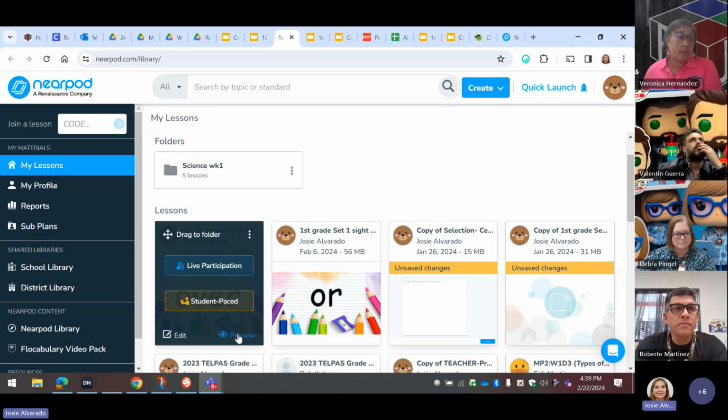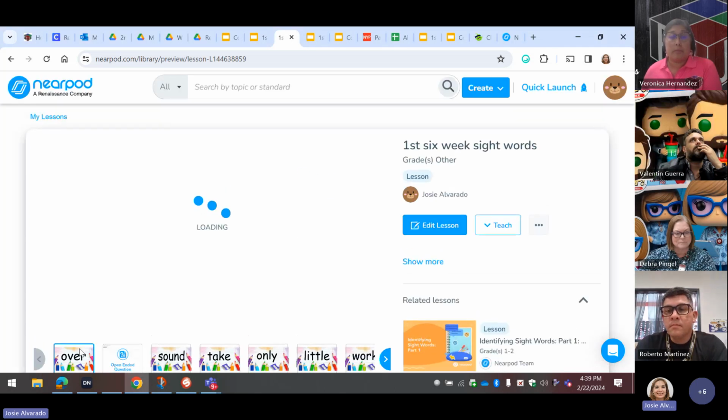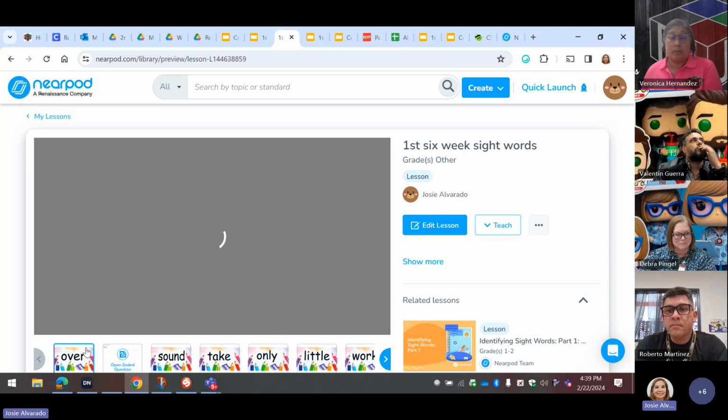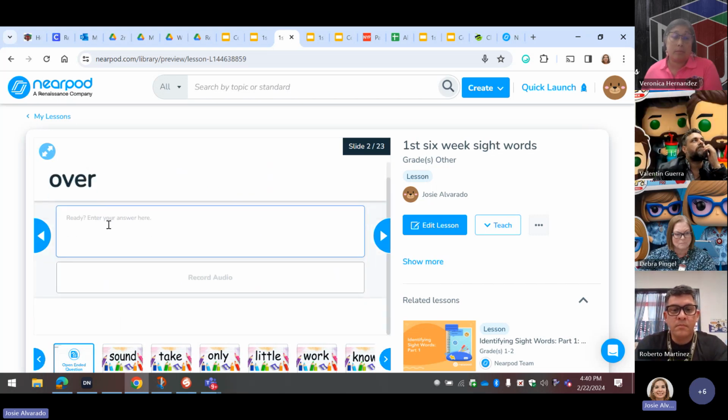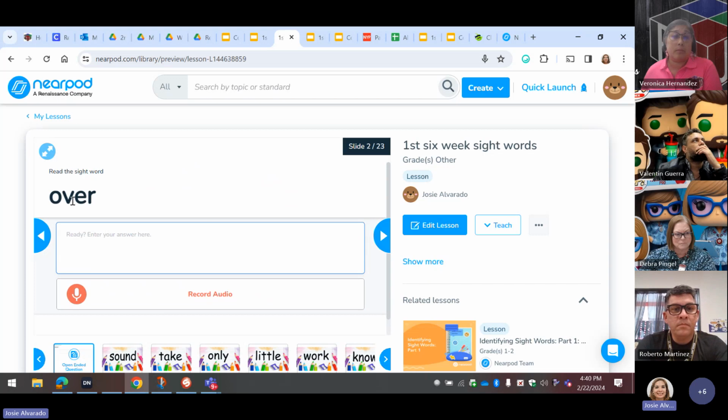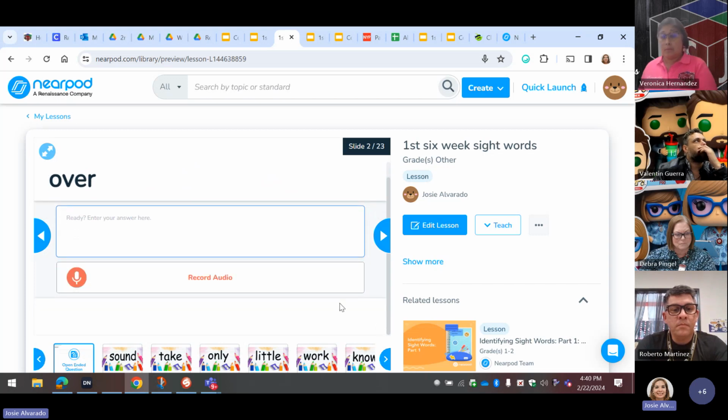If I do preview, they're going to see their slide, and right next to it it says, read the sight word, over, and then they read it. Honestly, it turned out really good. And now with El Paso closed, the audio, the speaking part, they're so comfortable with Vocaroo, and they're getting comfortable with it in that sense. It all collaborates.